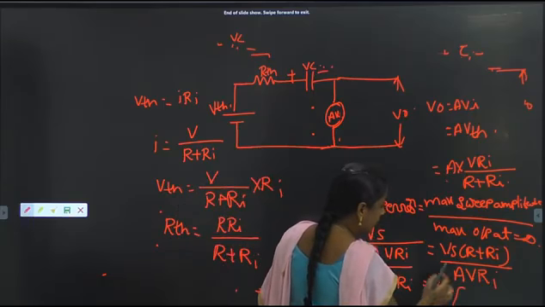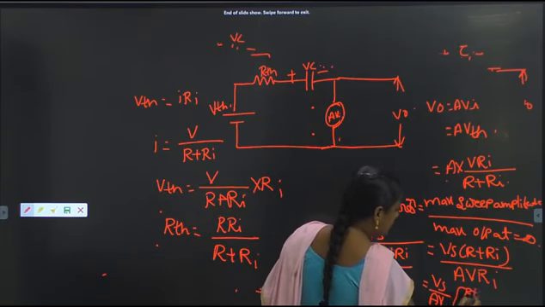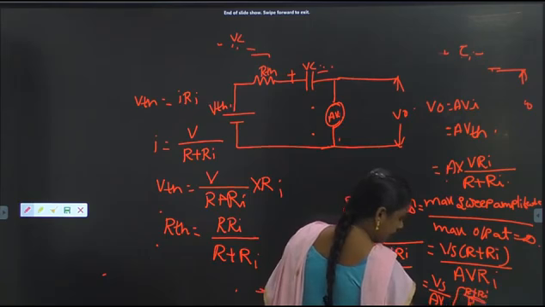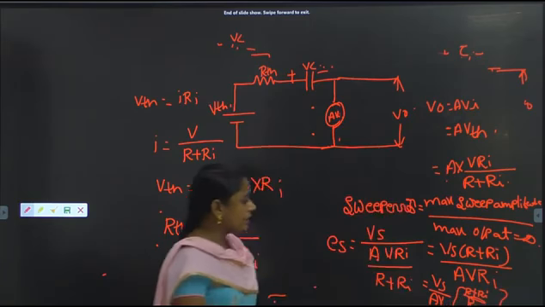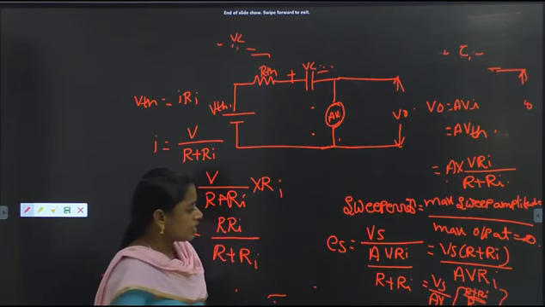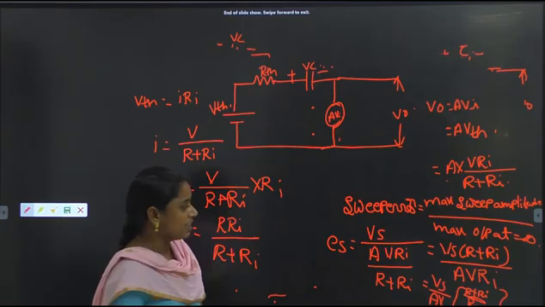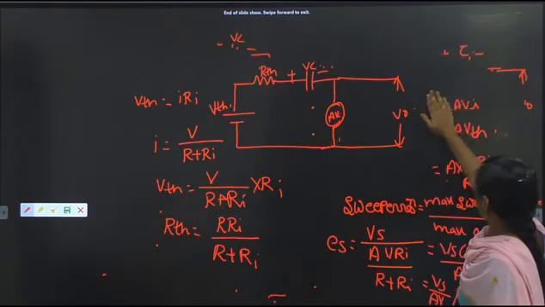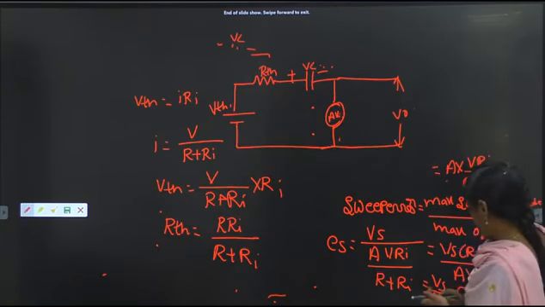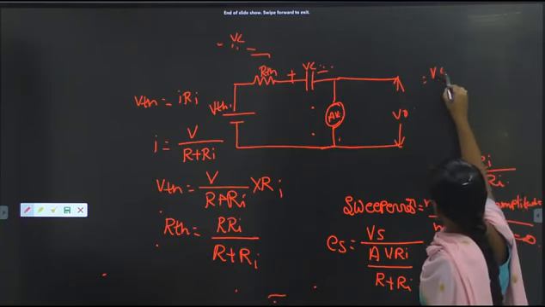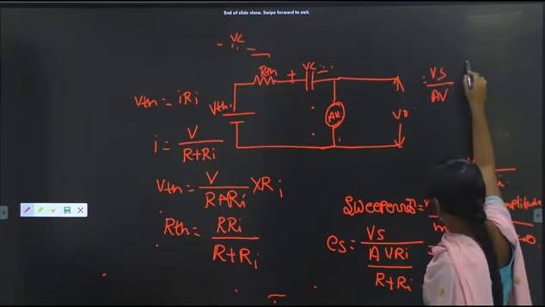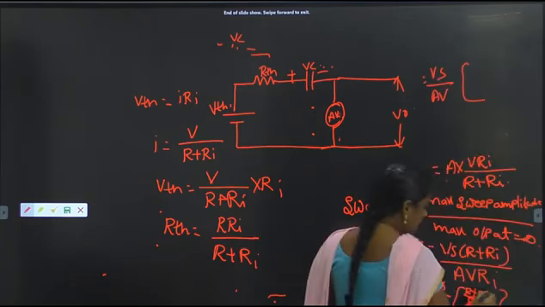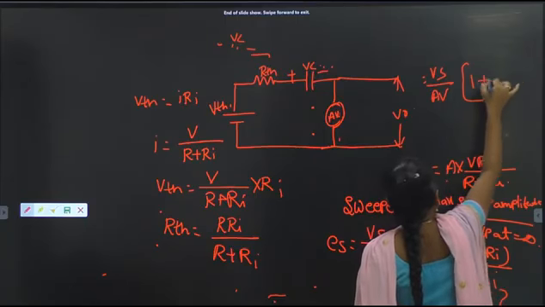Then it can be written like this: R plus Ri by Ri. After that, Ri will be cancelled and it can be written like this also. So that is 1 plus. So it can be written like this: Vs by Av into Ri and that is 1 plus R